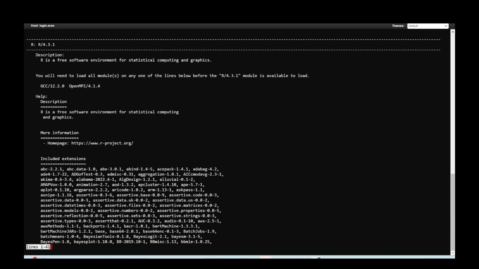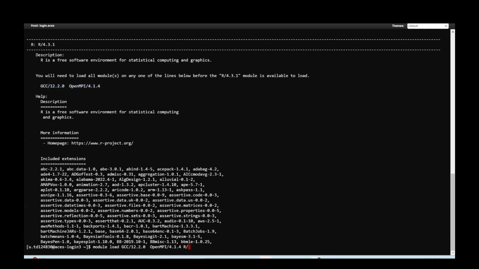For this example, there is only one toolchain available to be loaded. Just something to keep in mind, there can be more than one toolchain available to load a particular software. In that case, you just have to load any one of the toolchains. I will copy the dependency modules. Now, I will be using the module load command to load the dependency module